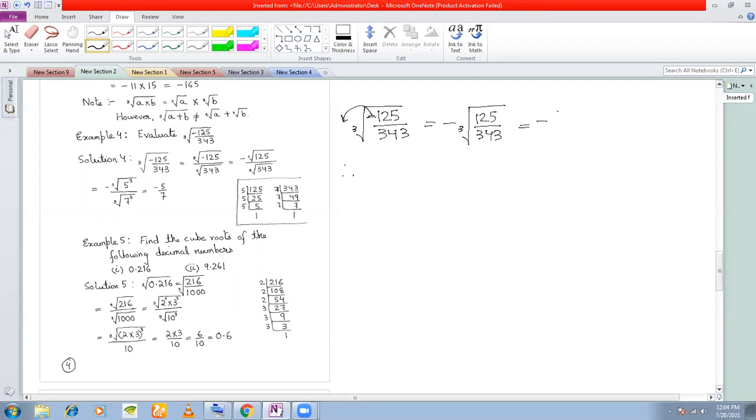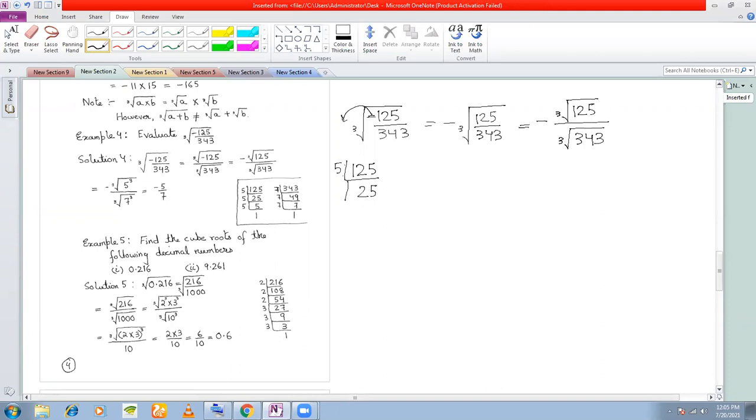Now you simply prime factorize and find out, or what you can do is you can also distribute. So minus, you can write cube root of 125 divided by cube root of 343. You distribute the cube root over the numerator and the denominator. Okay, so you can write cube root of 125 by 343 as cube root of the numerator divided by the cube root of the denominator. Now we find out the cube root separately. That is 125. We find out the cube root.